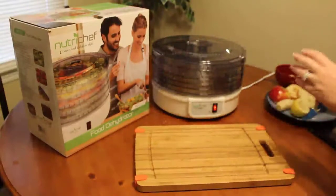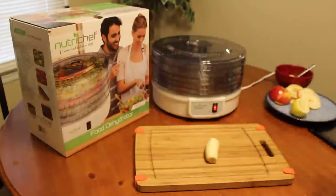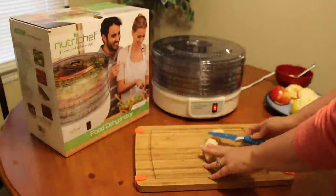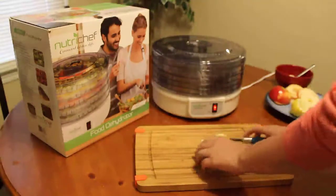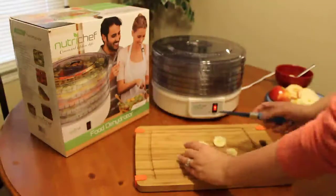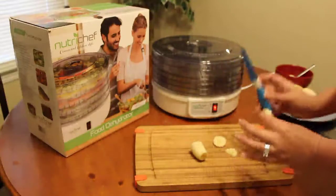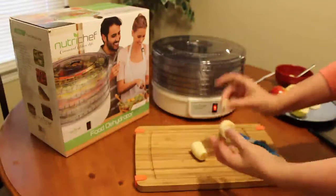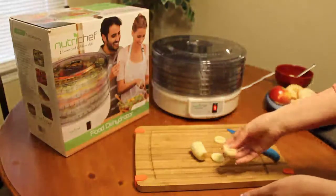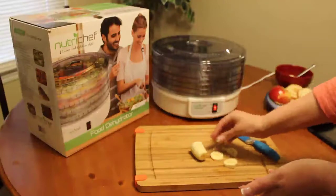So what I'm going to do is I'm going to go ahead and show you how to start the dehydration process. I'm going to use part of a banana here, and the key to dehydrating is to get thin, uniform slices. I am not very good at getting the same thickness, obviously. I just totally messed that one up. And that one's too thick. So this is my problem when using a knife. If you have 2 different thicknesses, one is going to be chewy because it's not going to be fully dehydrated. The other one is going to be real dry and can get over dehydrated,